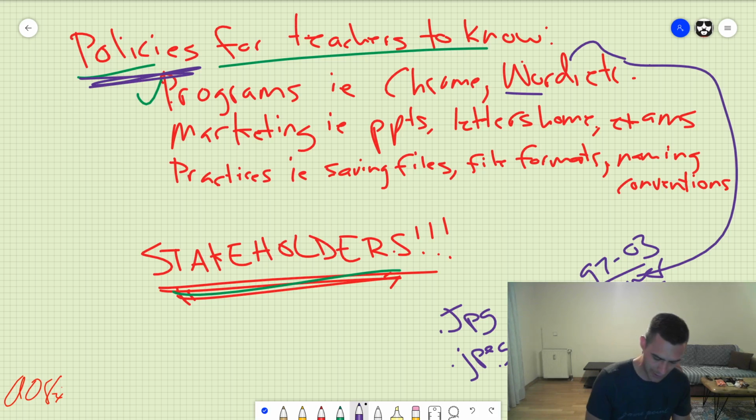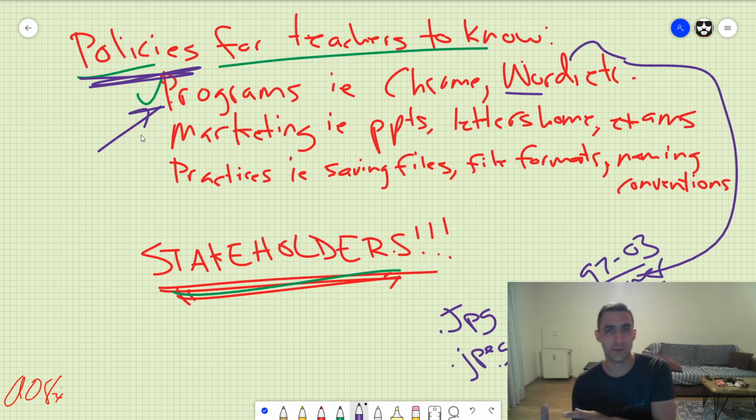And then any program and software that you have to use that is not compatible with it, you should replace, right? So take the file formats and make sure it fits all your programs. Take the programs, make sure it fits all the formats. And again, as administrators, my guess is you don't know all this stuff, and you shouldn't be expected to. This is where the IT team and the IT teachers as well, not just the folks dealing with your infrastructure, but the folks teaching it too, should get together with some stakeholders, with some of the folks from each of your departments. So have 2 English teachers there, 2 science teachers, 2 math teachers, and so on,